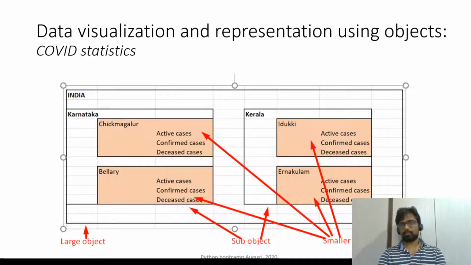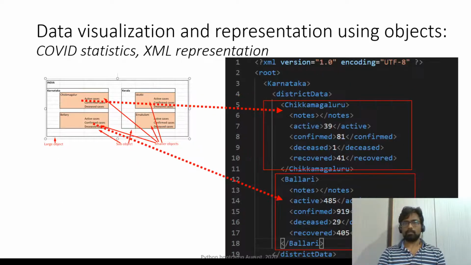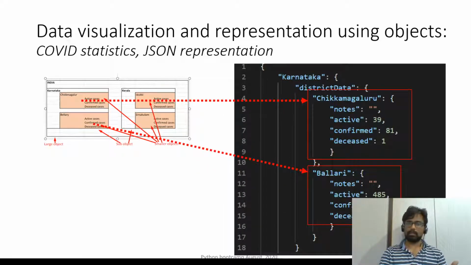So this is our visualization. This is the object, and this is how we represent it in JSON. And this is how we represent the same thing in XML. XML has user defined tags, and HTML has fixed tags. That is how XML and HTML differ. ML stands for markup language. It is called markup language because we are marking the data between the tags. Since there are two different formats addressing the same issue, they can be interconverted. That means you can convert JSON to XML, and XML to JSON.